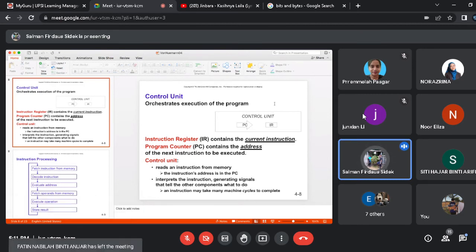It means the data will be sent to the control unit, and the control unit will read the instruction, interpret it, and then orchestrate the information with the temporary register, with the ALU,